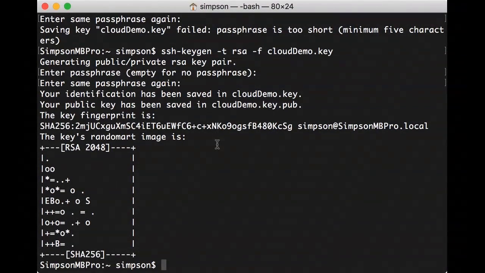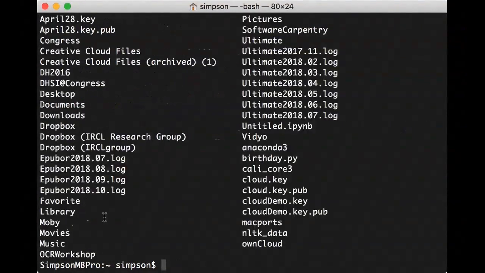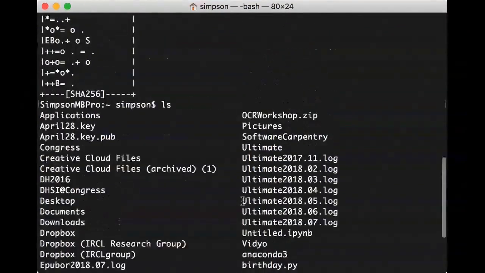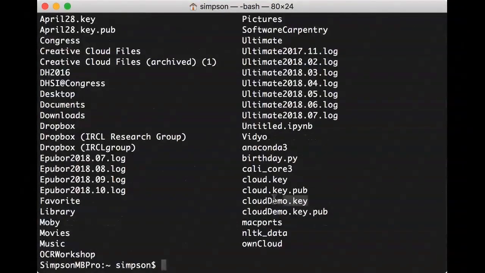So I'm going to run the ls command, and this is going to list all the contents of my current directory. If this is your first time using a command line, you might not have a lot here. I got a lot of stuff in this directory, so I'm going to run it, and we can see my files. Here at the bottom, this list of files that came up wasn't as bad as I was thinking. We have clouddemo.key, and we have clouddemo.key.pub. clouddemo.key is the private key, not to be shared with anybody else.